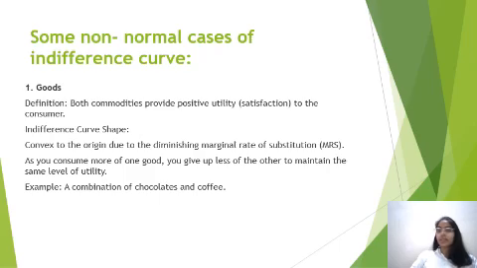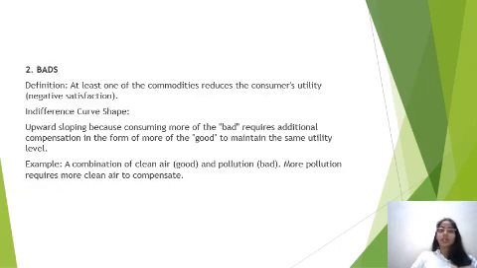So the next one is bads. The definition of bads: at least one of the commodities reduces the consumer's utility, giving negative satisfaction. The indifference curve slopes upward because consuming more of a bad requires additional compensation in the form of more of the good to maintain the same utility level. For example, a combination of clean air and population, more population requires more clean air to compensate. The next one is